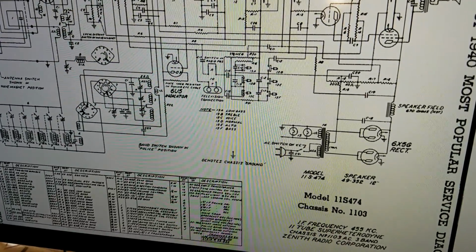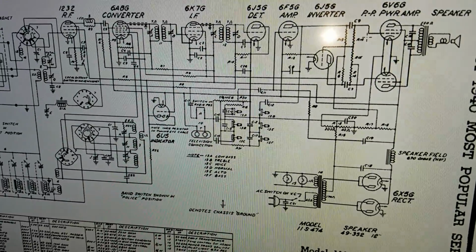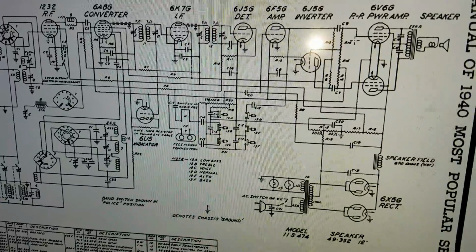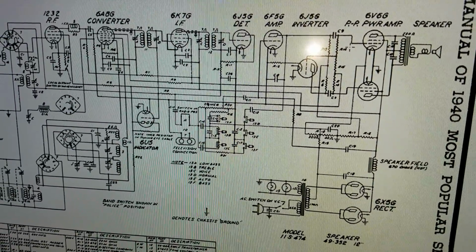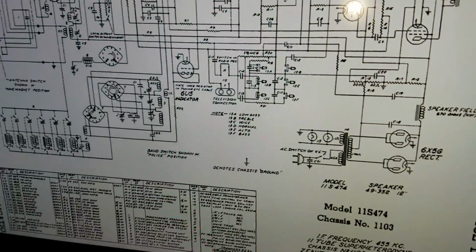But that 6X5 is kind of a mixed bag. It's a real neat idea to have a 6-volt rectifier tube so you can do away with a 5-volt winding. But they do have a bad reputation, at least the early ones do. The later ones apparently were improved and didn't have the problem. So I'll talk more about that in another video because I've never seen that done. But anyway, this